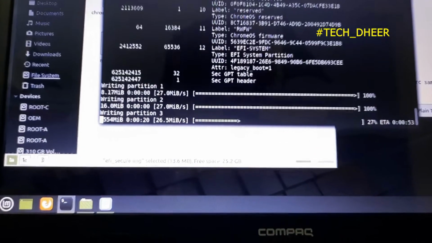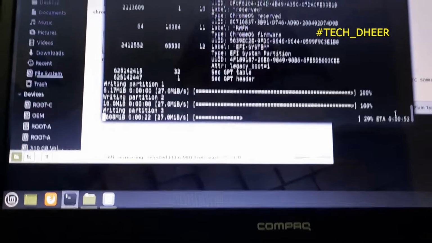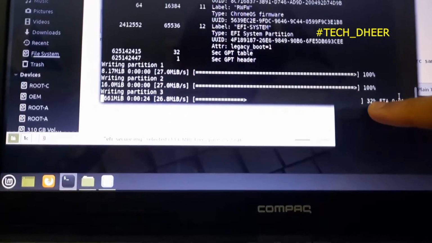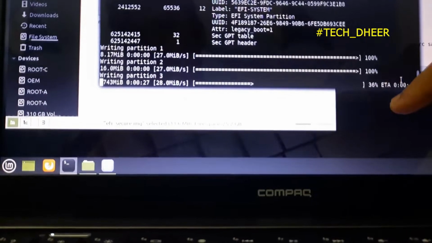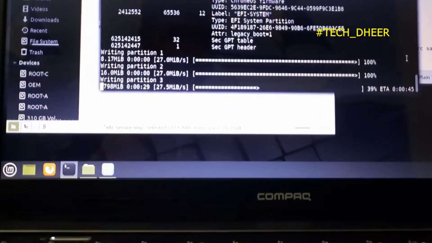It should take 52 seconds for this step, and for the rest of the steps it will show how much time it takes. Okay,